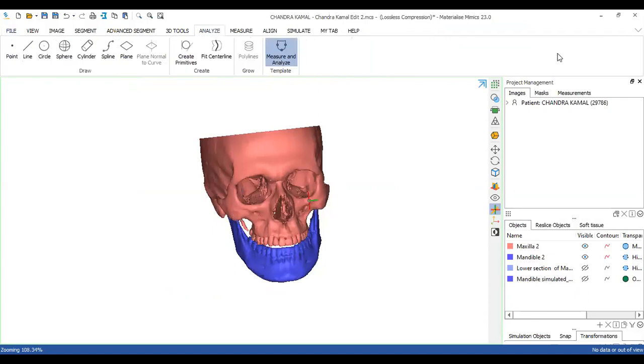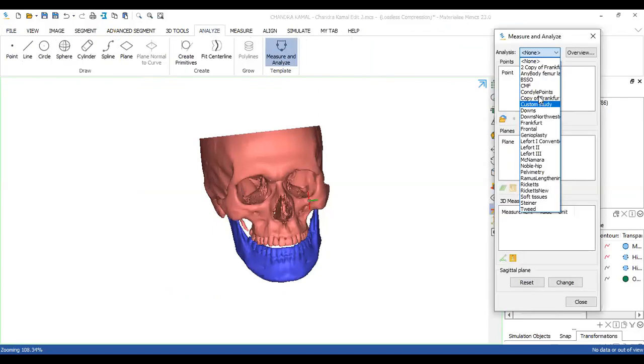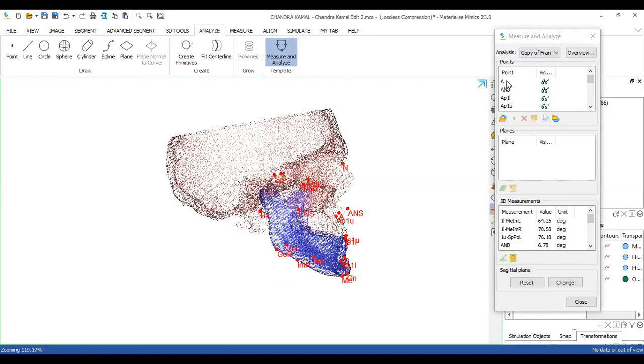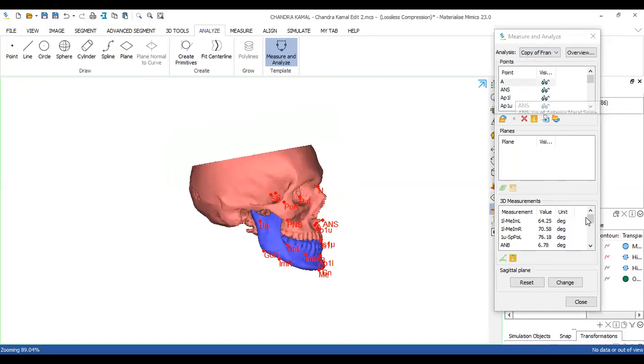Select the template that we want to do. So I'm taking a copy of Frankfurt. We give all the mark points: you click on the point, you click on indicate, and then you can add it in. And once you have completed all the points, the measure can automatically be generated.